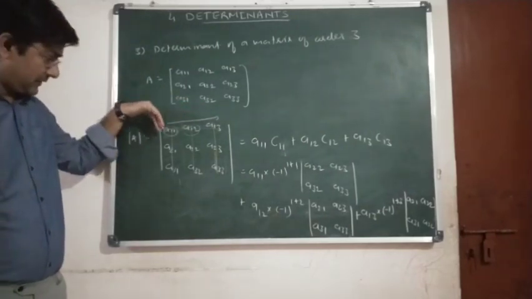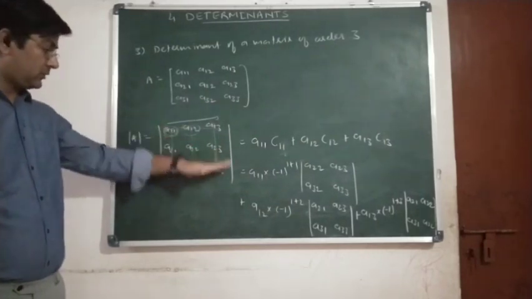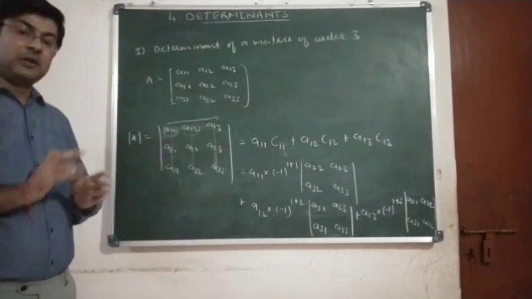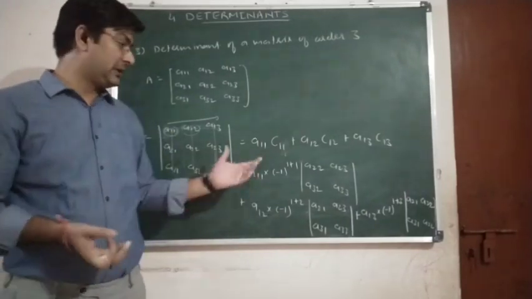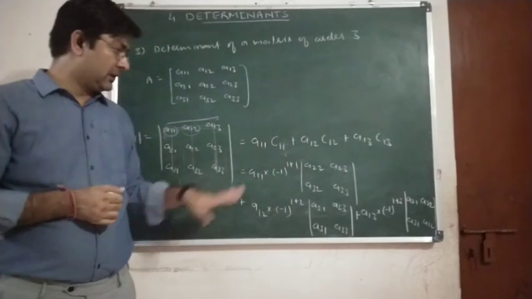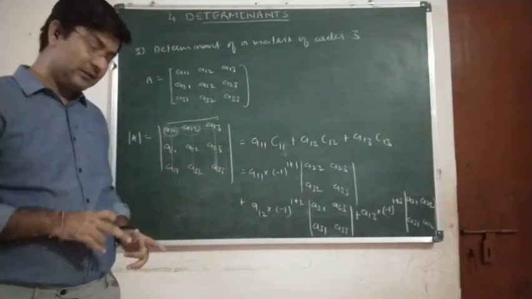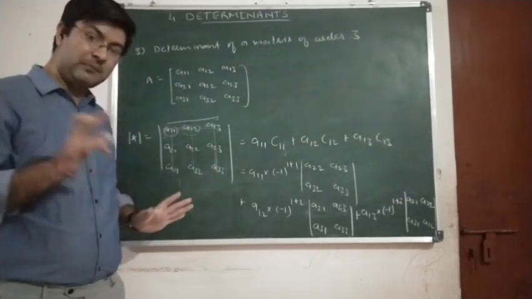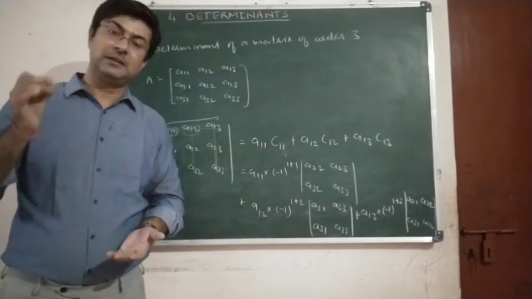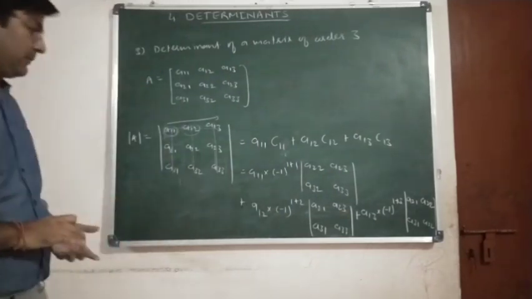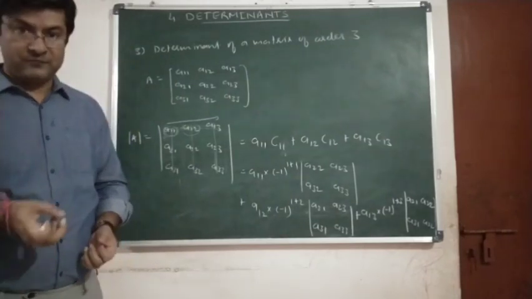You can even expand this determinant along the first column, or second row or second column, or third row or third column. So along any one row or any one column you can expand this determinant. We have seen this expansion along the first row; we will see the expansion along the first column. Remember that whichever row or column you expand along, the answer remains the same in each case. Clear? Because the value of the determinant cannot be different.